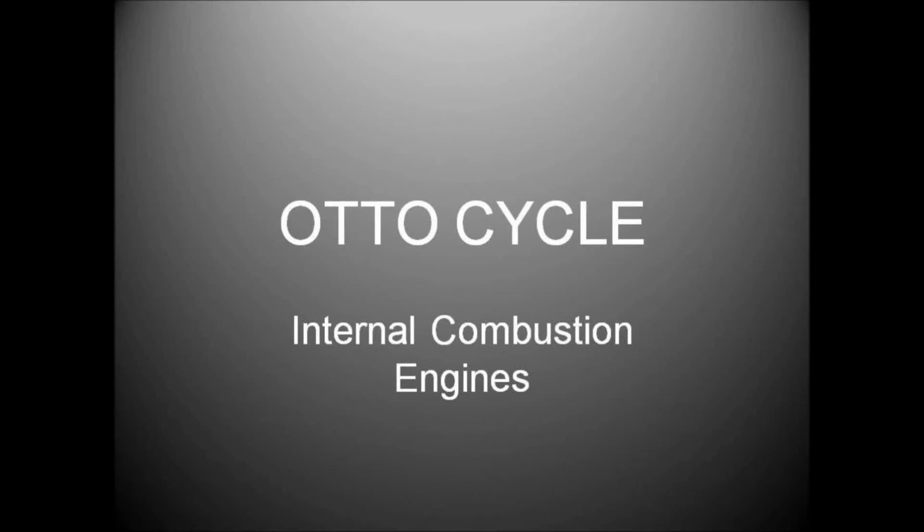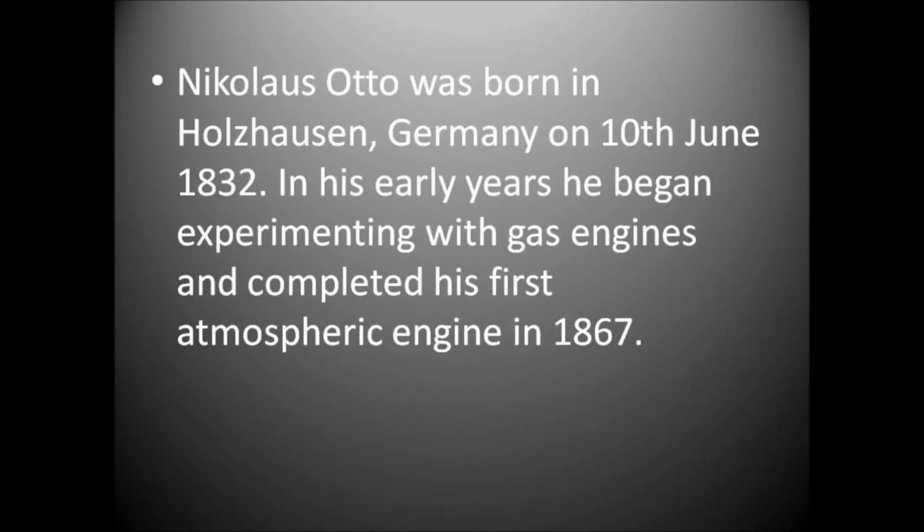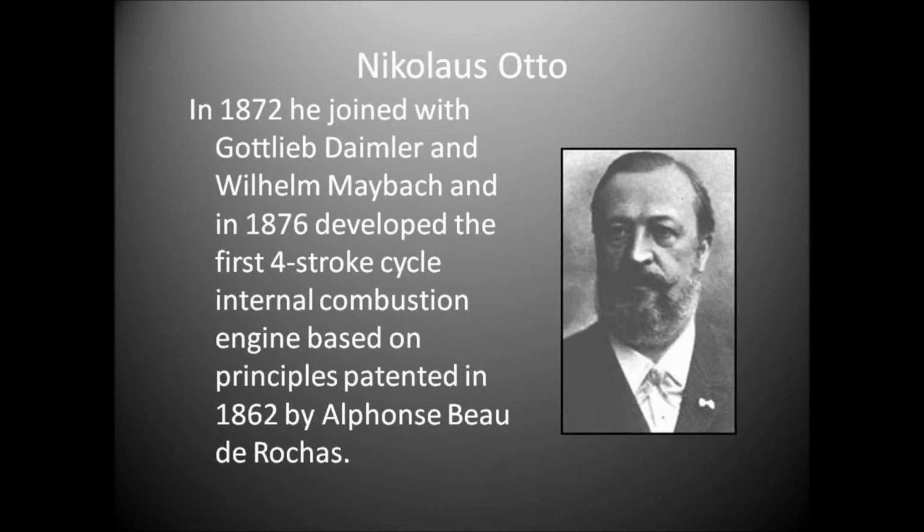Otto cycle. Nicholas Otto. Nikolaus Otto was born in Holthausen, Germany on 10 June 1832. In his early years, he began experimenting with gas engines and completed his first atmospheric engine in 1867. In 1872, he joined with Gottlieb Daimler and Wilhelm Maybach, and in